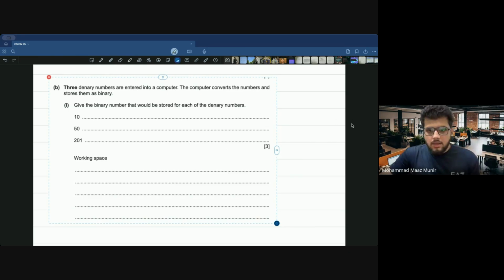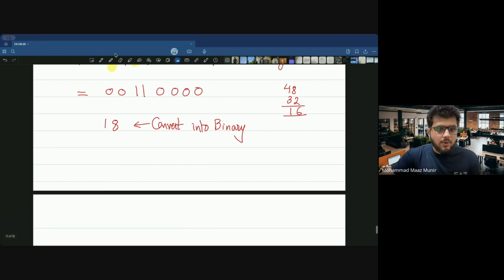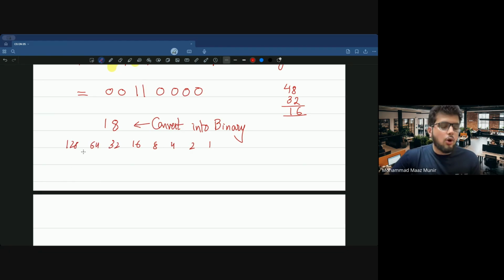Okay. Let's first solve the question which I asked you all earlier. Convert 18 into binary. What do you have to do? Write the values first: 1, 2, 4, 8, 16, 32, 64, 128. Ignore all the values which are greater. Come to 16, 1, 8. What do I need to add into 16 so that I get an 18? I just want to add a 2 into it. So ignore all the other zeros in it. So you get the answer as